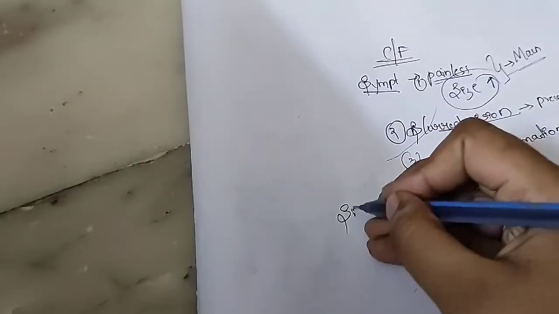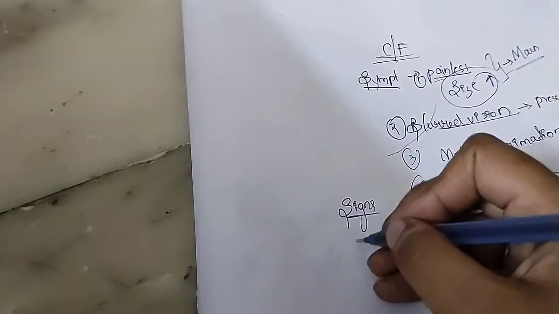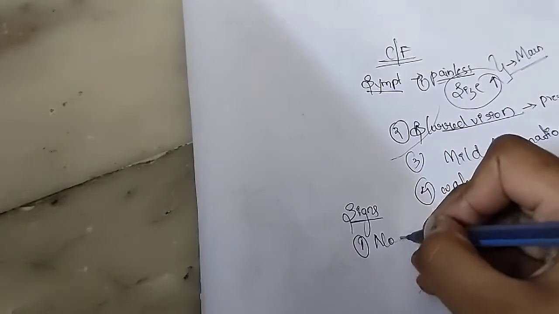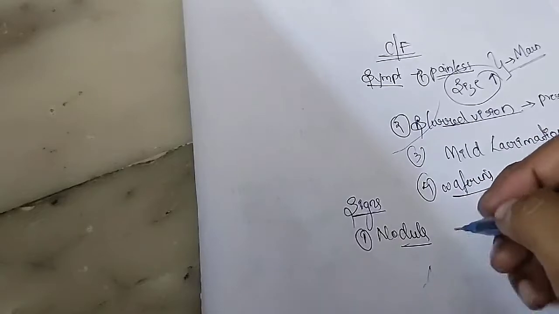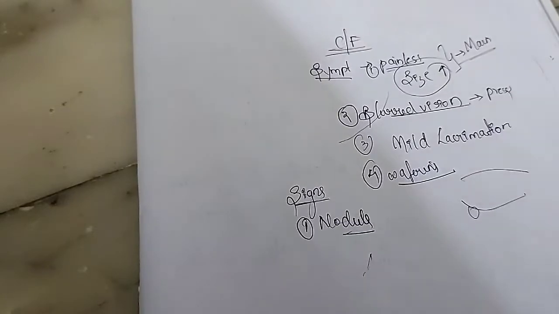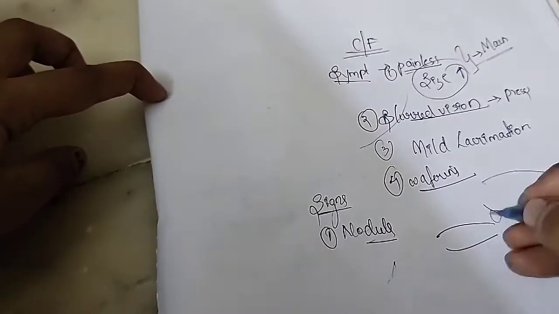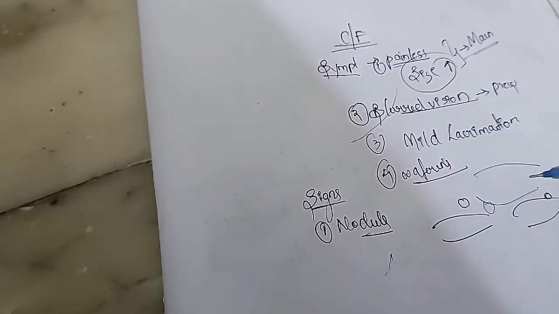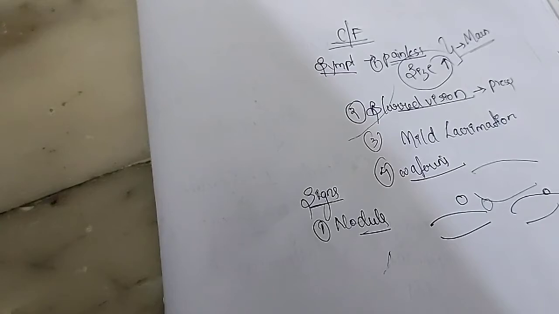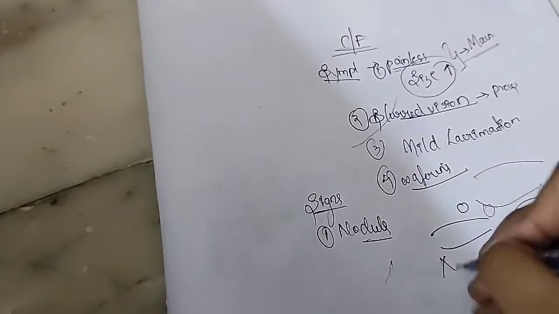Now talking about signs of chalazion, right? First is the nodule. Let's talk about the nodule, how it is present and what it looks like. The nodule is slightly away from the lid margin. Remember, in the external and the internal hordeolum, the swellings were at the lid margin. So this is the lid margin, and here it's quite away from the lid margin, but the internal and external hordeolum were on the lid margin or near the lid margin. But this nodule in the chalazion is away from the lid margin. So this is the main thing to remember. This is firm to hard, and it is non-tender.